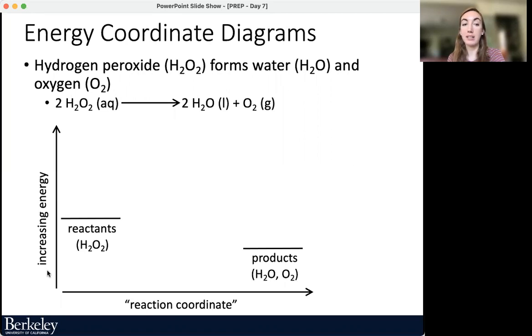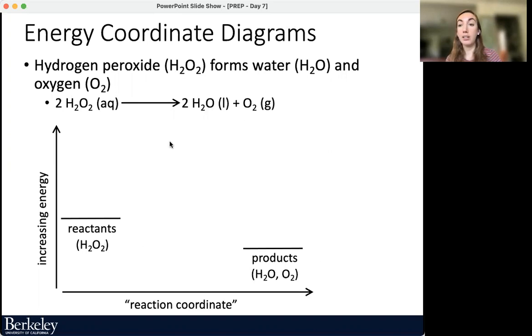The y-axis is energy and the x-axis is reaction coordinate. You can think of that just as our reaction proceeds from right to left, we go from reactants to products. In this case, the reactants have higher energy than the products, but